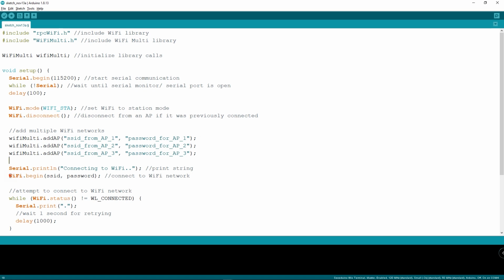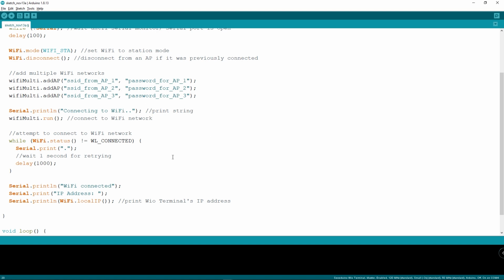So here we need to delete this and replace with the following. So that is it for this code. So you can fill your own Wi-Fi network name and the password for each Wi-Fi network that you want to put inside this list.